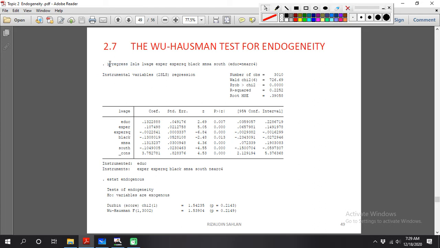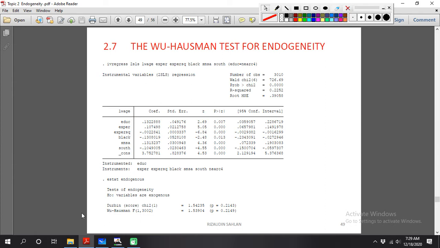So you type ivregress 2sls, then regress the model, put all the exogenous variables and the instrument variables from the model, and this is the result of the instrumental variable regression. After you regress the model with the ivregress command, you just type estat endogenous, and Stata will automatically give the value of the Wu-Hausman test.